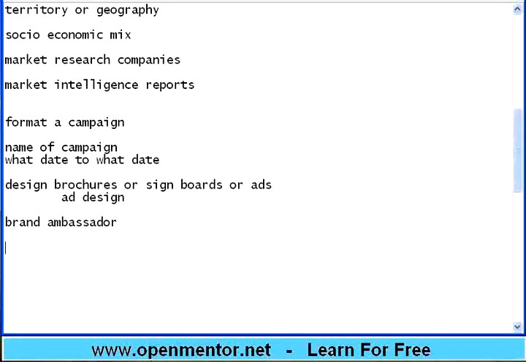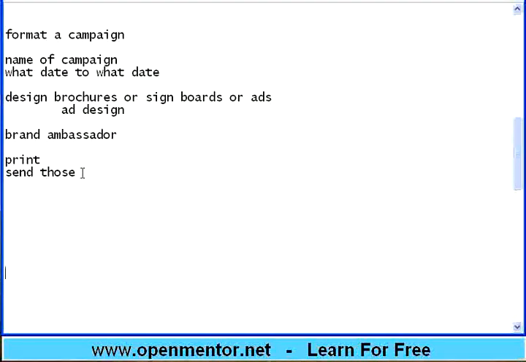So design a campaign, create brochures, right? Have a brand ambassador, right? Print brochures. Then how are you going to send those? Suppose you format an email, a very good file, HTML image, everything well formatted. Then you need to know to whom you have to send.